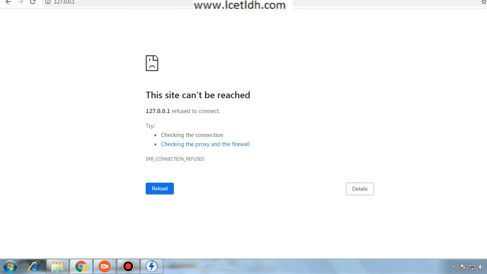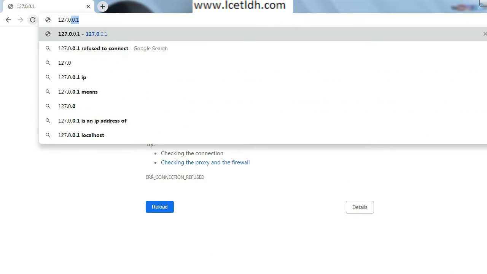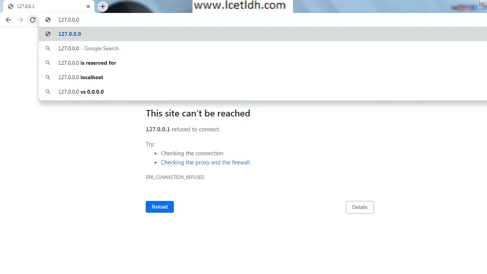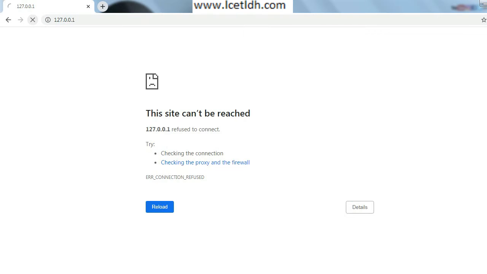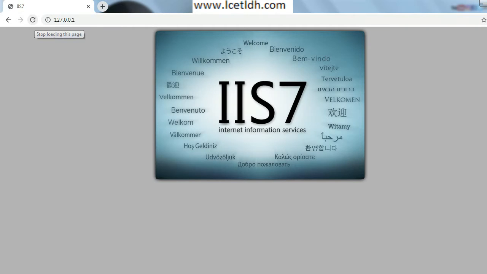Now we can also check in Google Chrome. We will again type that particular IP address, that is 127.0.0.1, and press enter. Now you can see that instead of this error message, one IIS7 page has been opened. It means now your file transfer protocol has been enabled.